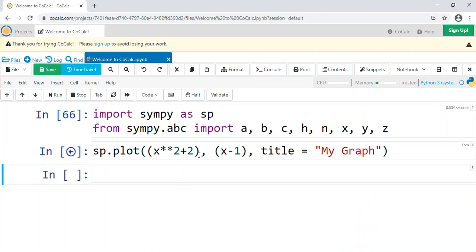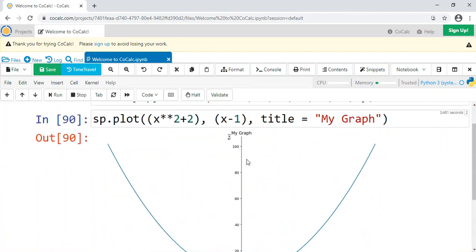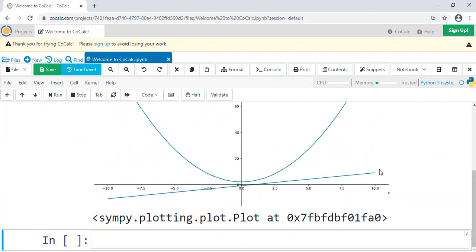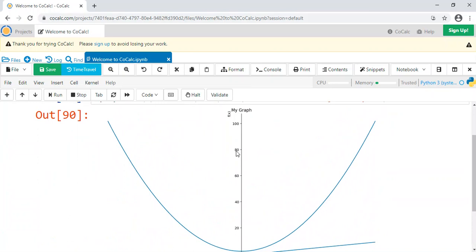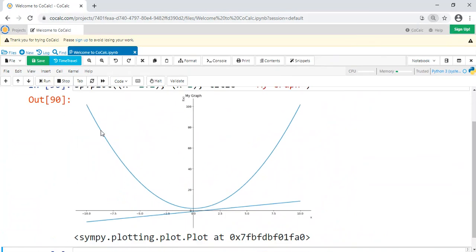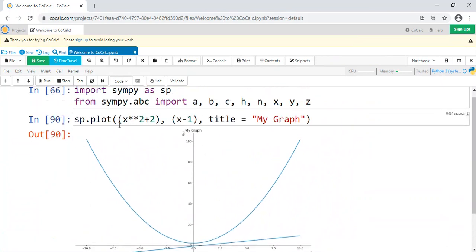Okay, and if you run it, now you see you have both plots plotted. I'm actually going to zoom out a little bit. So you can see you have your nice curve, you have your other line, you have my graph as your title, both on the same plot.